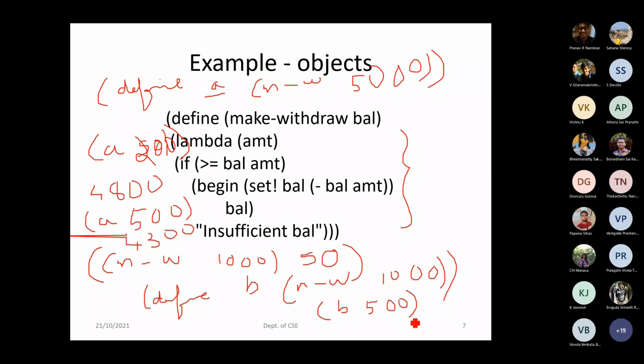Will it be 4,300 or 1,000? It will be 1,000, because for the B object, the balance set is 1,000. When the person first created it, the balance given was 1,000. So when B withdraws 500, it takes 500 and the remaining amount is set as its balance. So it will be 500.